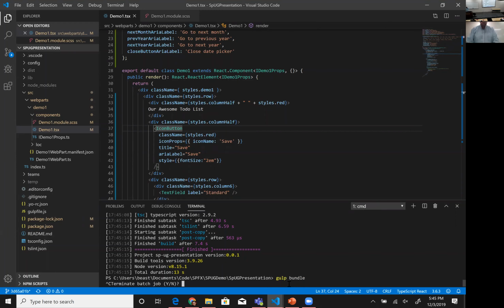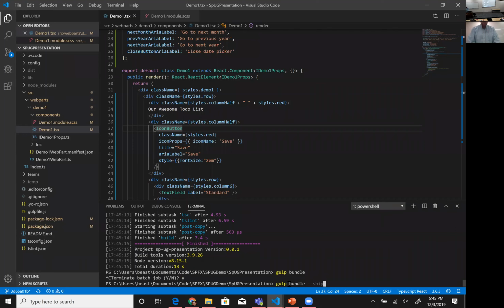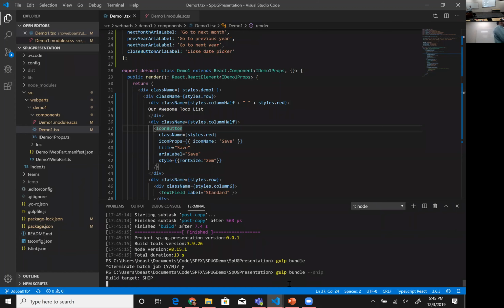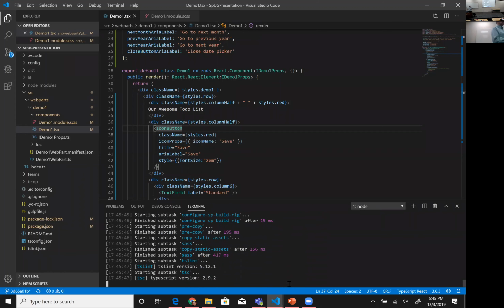Nope, I missed a flag. Gulp bundle ship. And that's going to tell it, I want you to take that code that you compiled and put it together. And so after the gulp build,